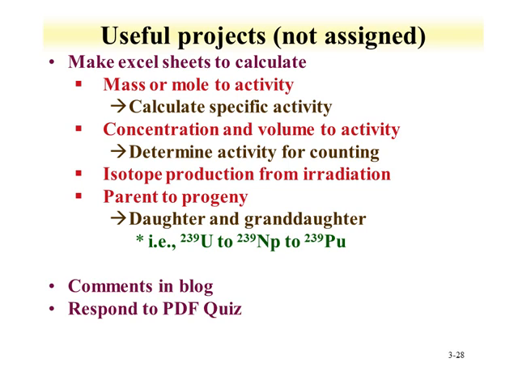As a final note, the data and equations that we just went over in both these lectures can be used for some good projects. If you're going to be doing more work in radiochemistry, you can make Excel spreadsheets. They can be used to calculate, for instance, mass or mole from activity, the concentration and volume to activity. So if I have a certain volume, 50 milliliters of a certain uranium solution, I can calculate the activity of